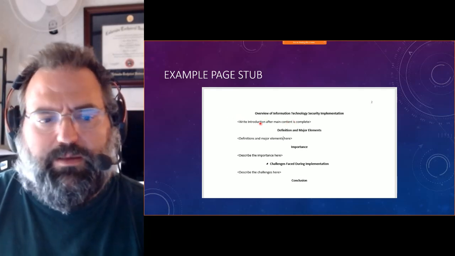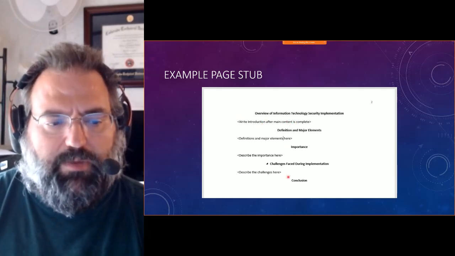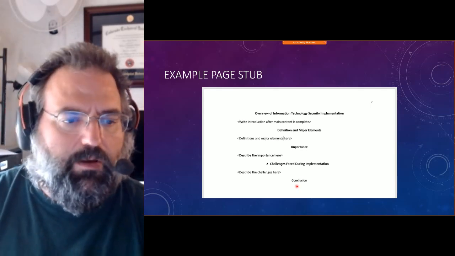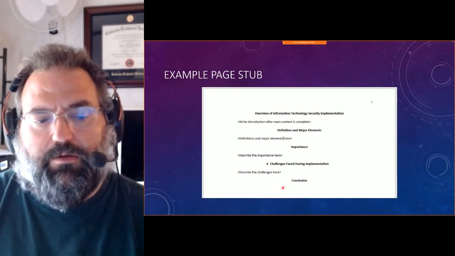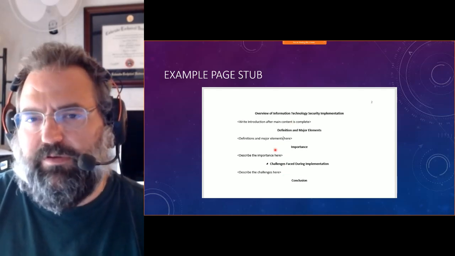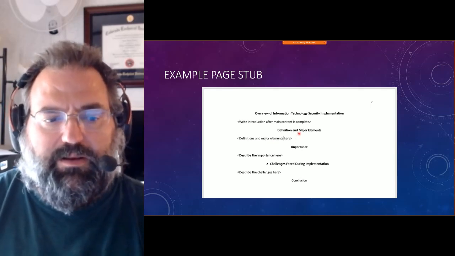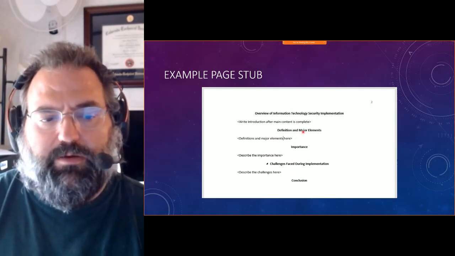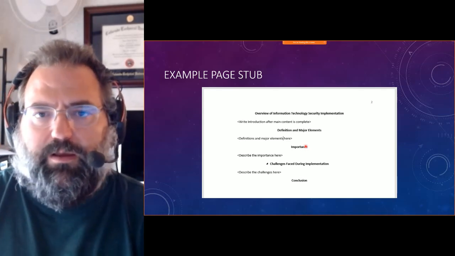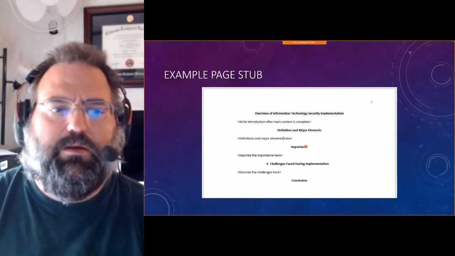Generally speaking, I write that after I've written the rest of this stuff, and generally before I write the conclusion, although that can fluctuate. Sometimes I will go ahead and write the introduction and conclusion at the beginning as well, if I know exactly what I'm going to say and I don't think there's any chance I'm going to deviate. If there's a chance I'm going to deviate from these 3 subtopics, I'm probably not going to write that until the very end because I don't want to have to rewrite it and edit it to say, oh yeah, and